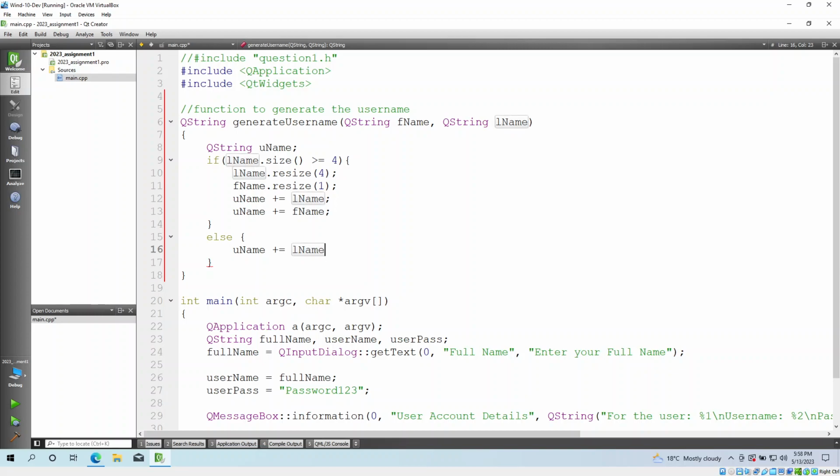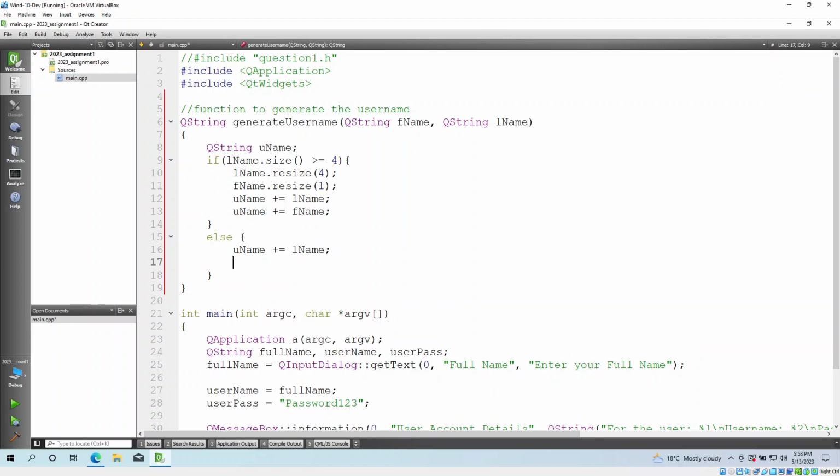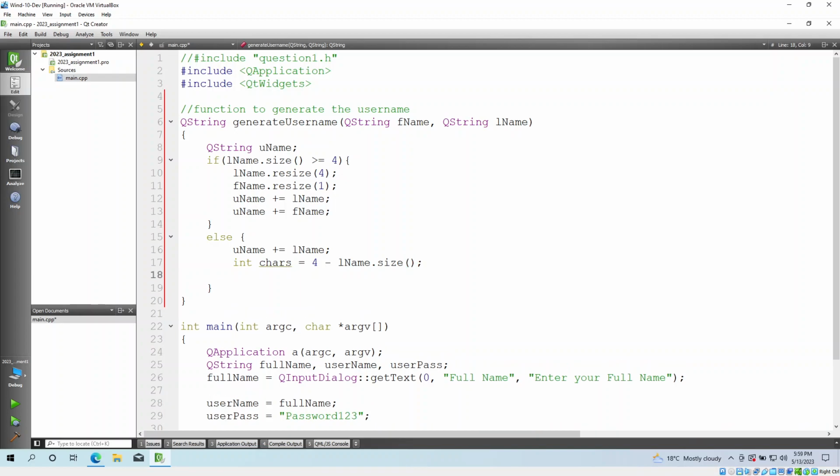Okay, and we're going to use an int characters of 4 minus the lname dot size. Okay, and once we've got how many characters that is,